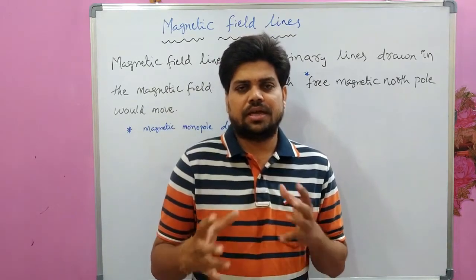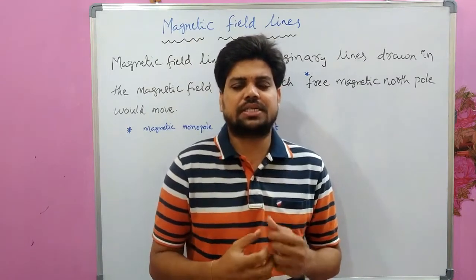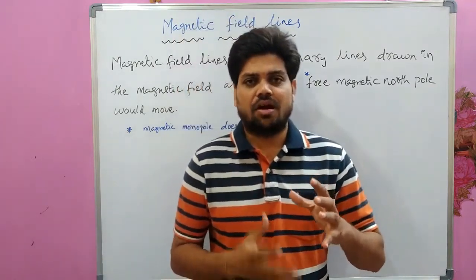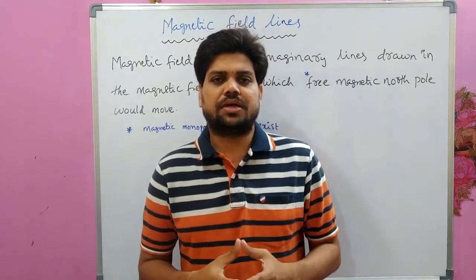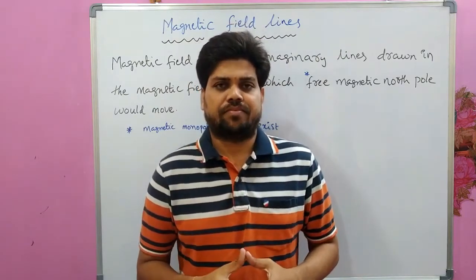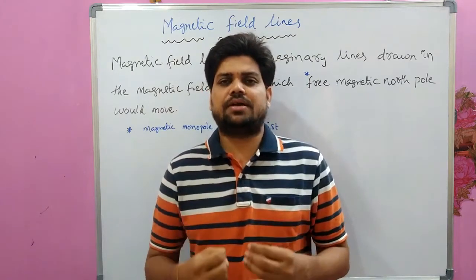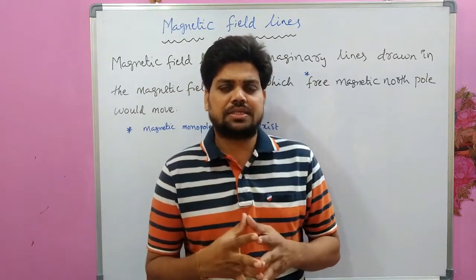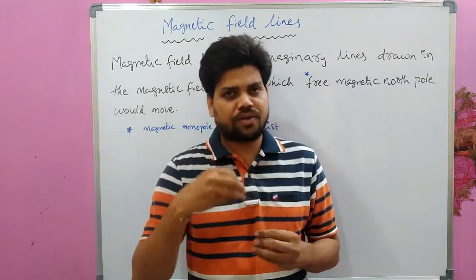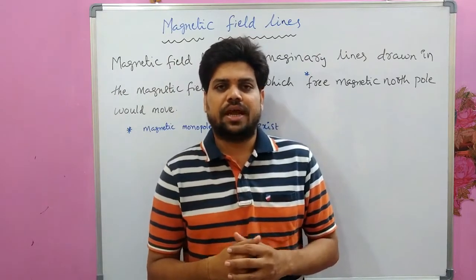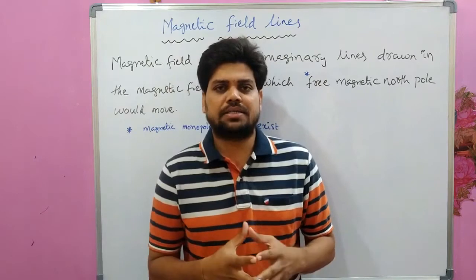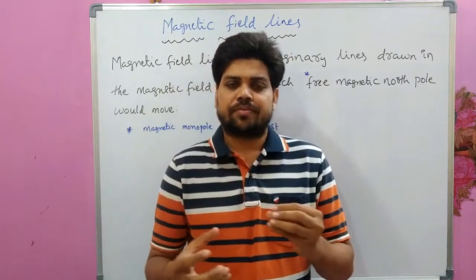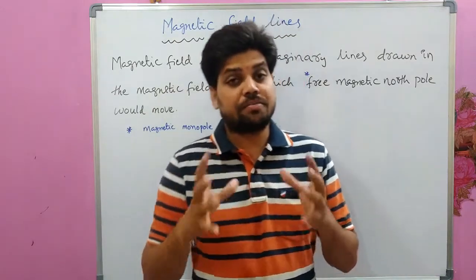But in the early 19th century, Oersted discovered that even moving charges or current carrying conductors produce magnetic field, and it was discovered by him by moving a small compass in the neighborhood of current carrying conductor or moving charges, and he could see the deflection in the compass needle, just like we see the deflection when it is moved in the magnetic field or in the neighborhood of a magnet,